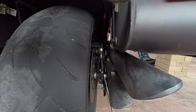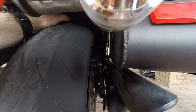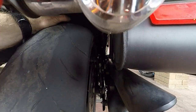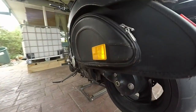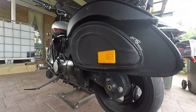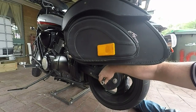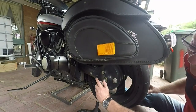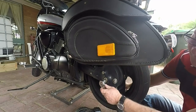So all you have to do is get a 32 spanner onto that bolt and inside and slacken it off. Easy enough. Once it's slack, you can get a socket onto this one. So here we have an Allen key type socket that should fit in there. 19mm, with a 33 spanner on the other side, then put a ratchet on it. Whoops, put the spanner on the other side, and